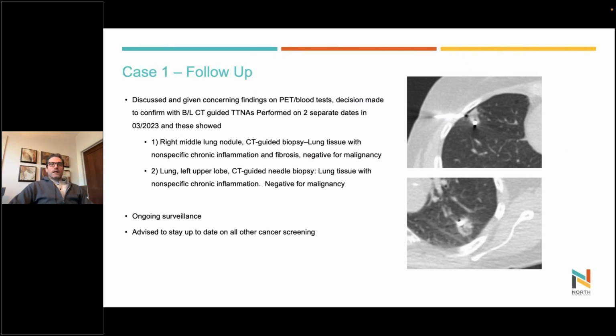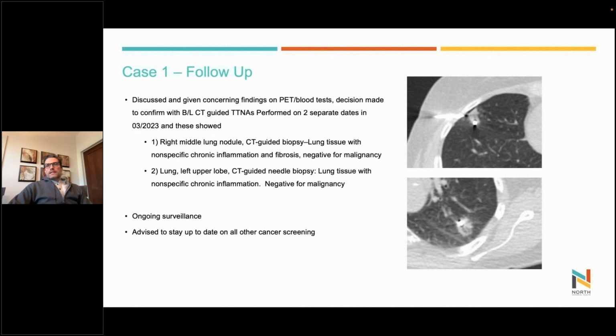On follow-up, again, although chronic inflammation and fibrosis seemed like very good news for her, we discussed, and because of her serologic testing, we decided we need more confirmation. And so we did end up having her undergo, in addition to that, a CT-guided biopsy, both of which were